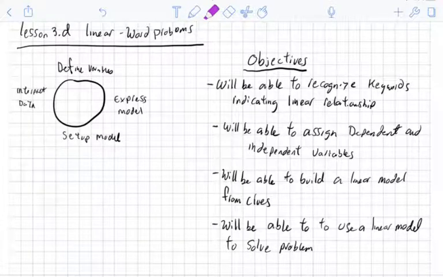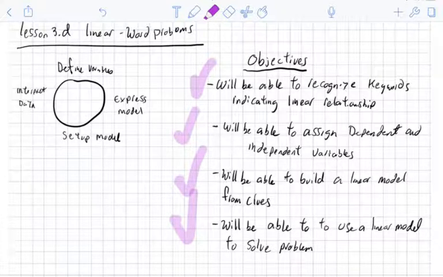So at the end of this, you'll be able to recognize keywords indicating linear relationships. That's super important. Of course, in our class, in this specific situation, you will know that it's linear because it's on the linear test. But on the final exam or out in the wild, sometimes it's helpful to know. You'll be able to assign dependent and independent variables. Remember all that defining variable stuff? You'll be able to build a linear model from clues, and you'll be able to use a linear model to solve problems. This is a super fun application. Okay, so